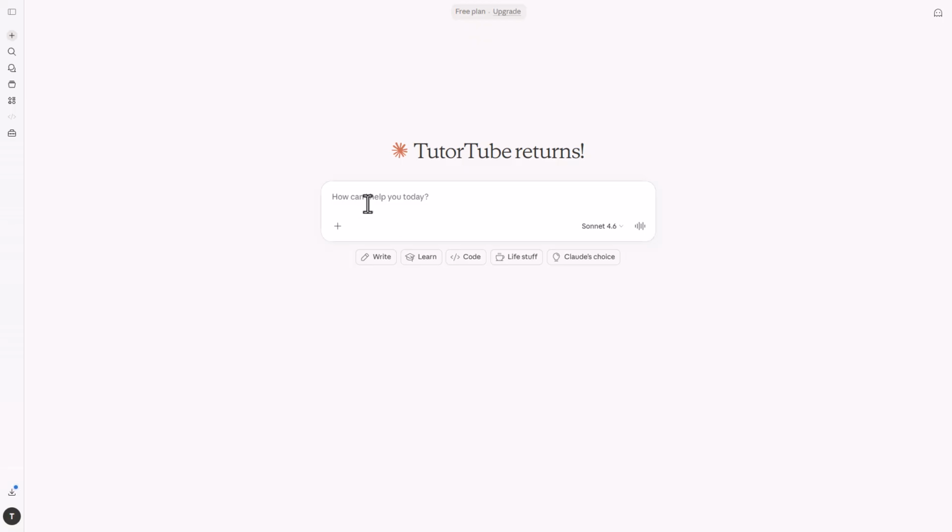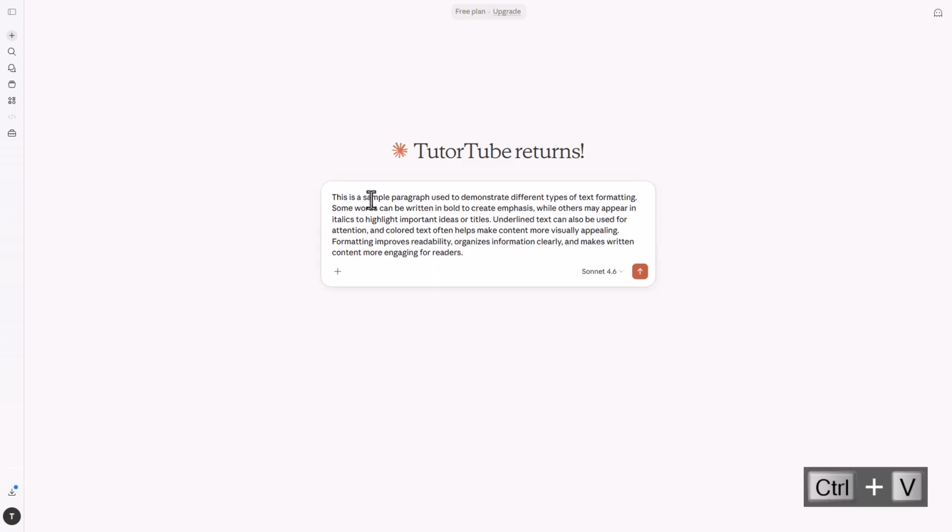So over here in Claude, if I were to go ahead and paste this out right here, you can see that I have a paragraph. And let's say I want to format it out. But if you were to give it to Claude, it can only bold it or maybe underline it out. But if you want to format it out with colors and so forth,